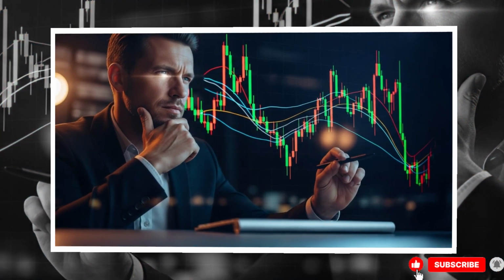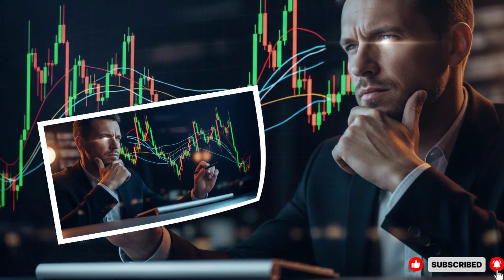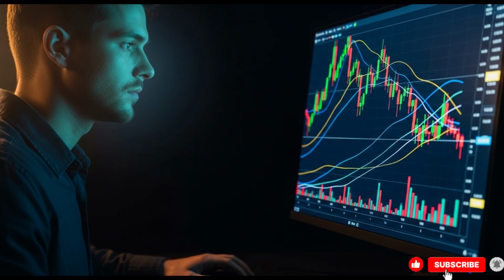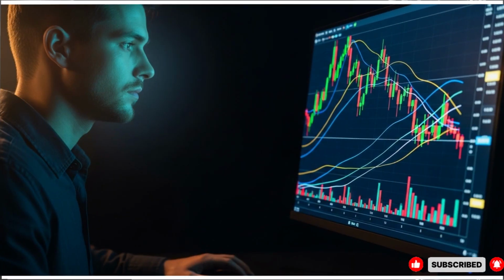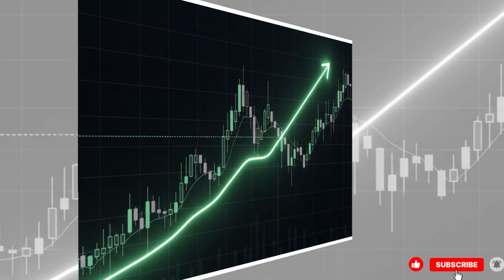Have you ever noticed how some traders manage to stay consistently profitable, while others keep struggling? Even though they're using the same tool like trend lines, the real difference comes down to how those trend lines